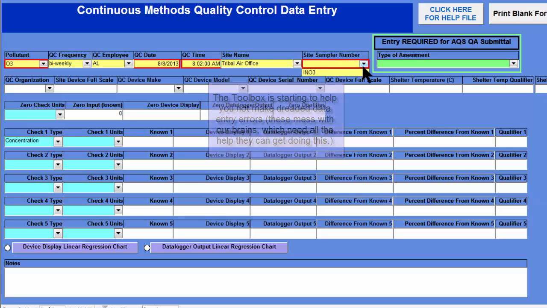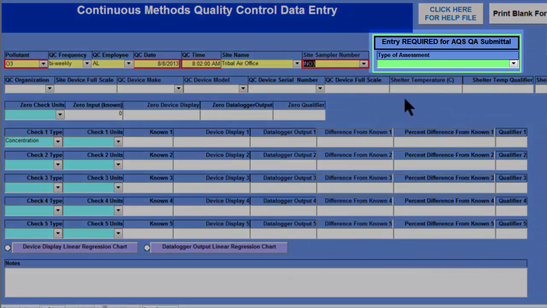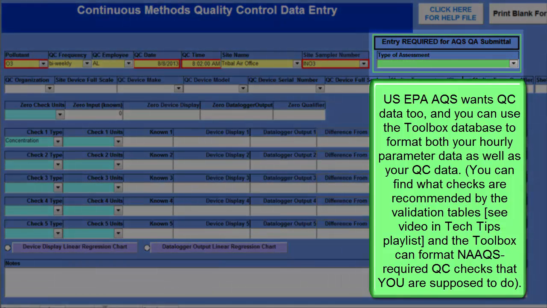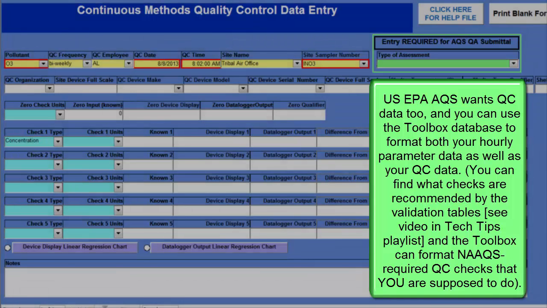So we select INO3. And then I come to the type of assessment field. This is a conditionally required field, which means that if you want to submit your QA check to AQS, you need to select a value in this field. I do want to submit that data, so I'm going to select a value. So I click on the drop-down arrow,